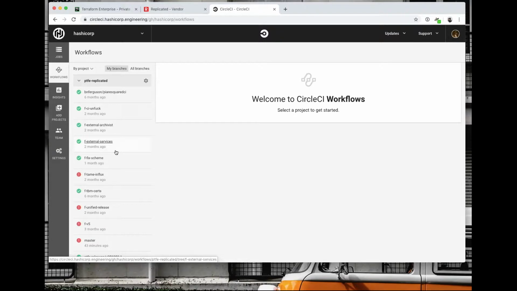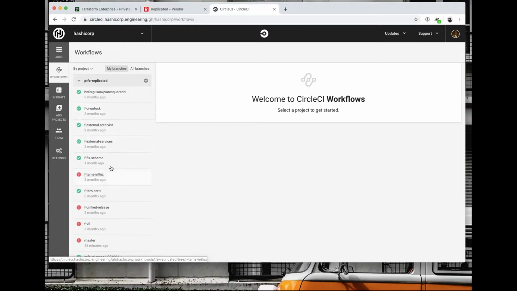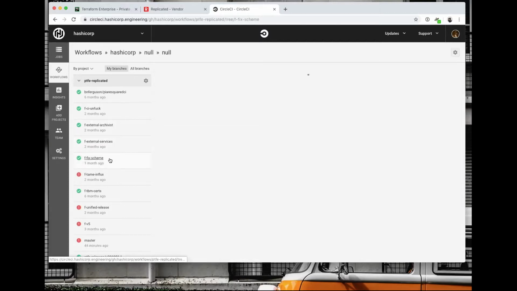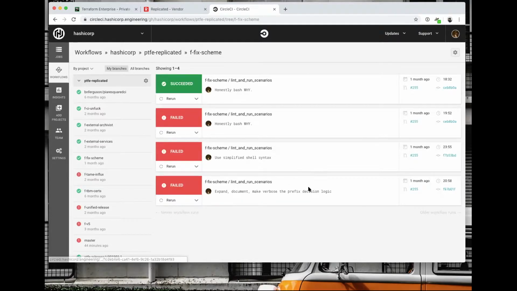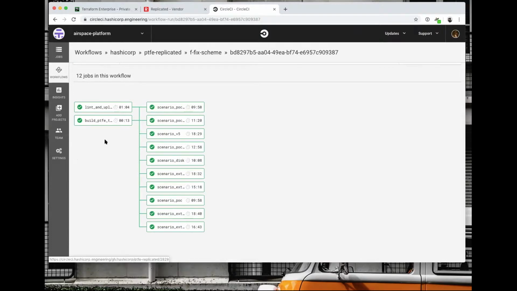Amazing. So if we go through all of these branches, all these workflows are ones that have been tested. Oh, and there will be a PR on that particular one. We can look at this one, for instance. What was interesting is this was failing while I was having quite a bit of issue trying to get it to work. But in this particular instance, we have this set up as an actual CircleCI workflow where you can basically chain two things, and these individual scenarios are actually deployed through Replicated.